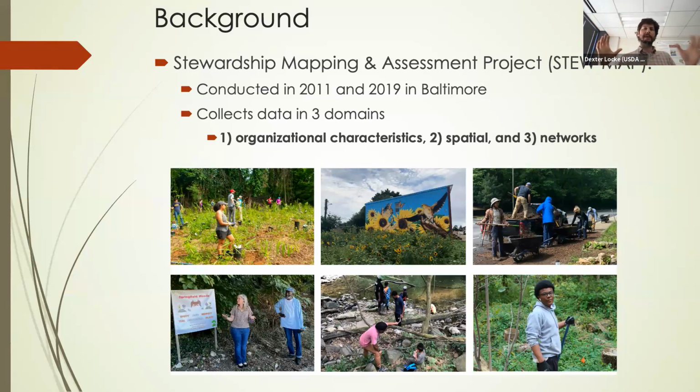The third facet or domain of stewardship organizations is the networks. Who works with whom? The National Aquarium says, I work with these organizations, and those organizations say they work with those organizations. And we actually collect the network in sub-networks. We ask about knowledge, so information sharing, resources, and a couple other sub-networks. And then, of course, these data streams fit together, where we can filter organizations that are doing green infrastructure work in certain neighborhoods, or ask which groups this green infrastructure group works with through the network data. So it's all connected,